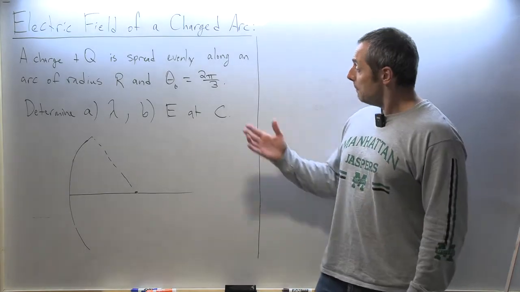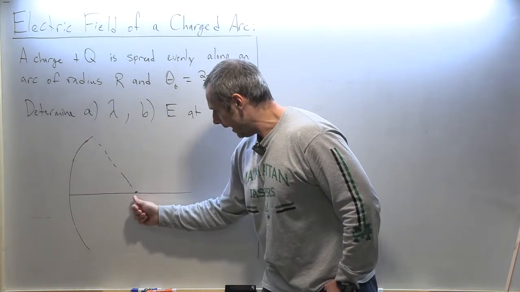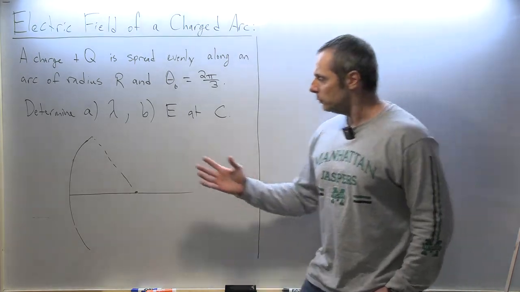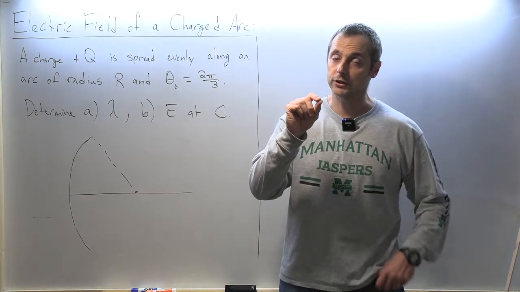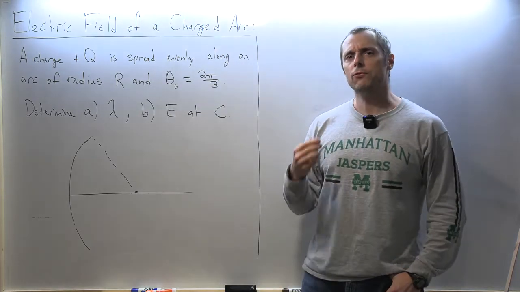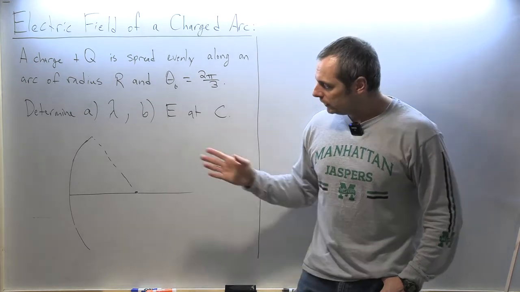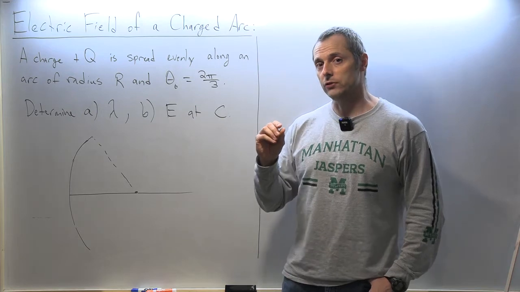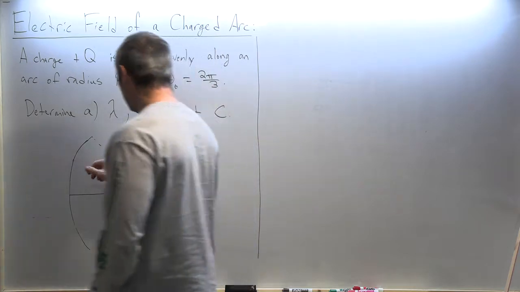Okay, now part B, finding the electric field caused by this arc at this point right here. So we can't use kq over r squared for this entire arc because it only works for a dot of charge and finding the electric field around that. But that's the only formula we have for electric field. So we can actually use it as long as we imagine a little part of this arc that can act like a proton. So maybe somewhere around here,